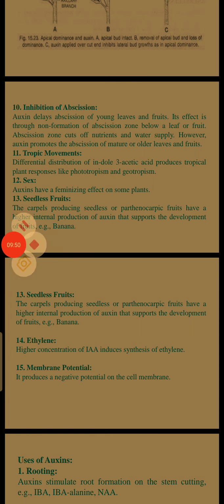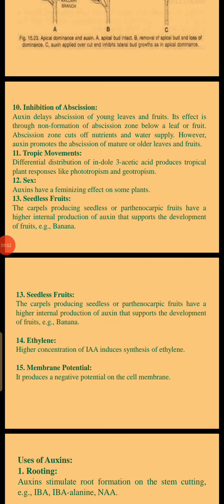Now come to the major roles for which the farmer will use it. Generally we can use it for rooting, and for parthenocarpy, meaning the feminizing effect. And a major function is as a weedicide. Some synthetic auxins act as weedicides, like 2,4-D and 2,4,5-T, which will not affect the major monocotyledons but will affect wheat.